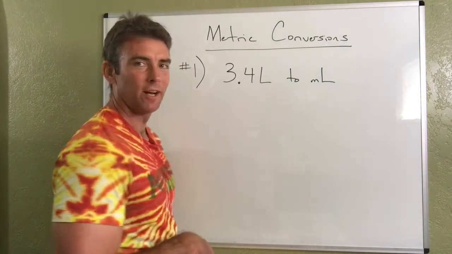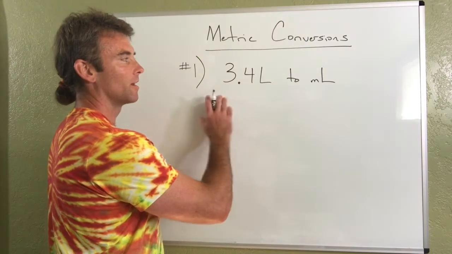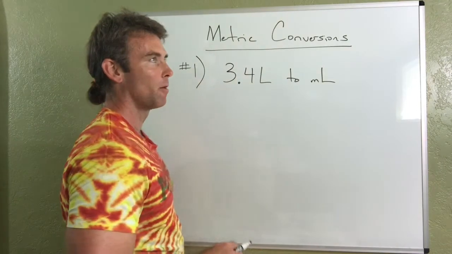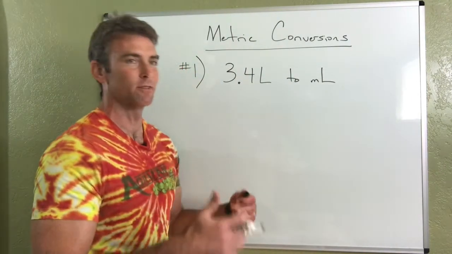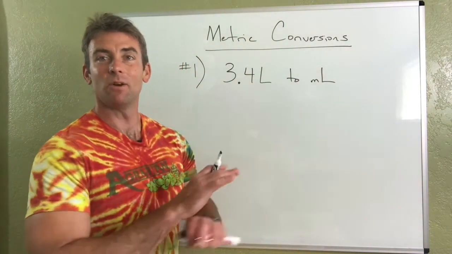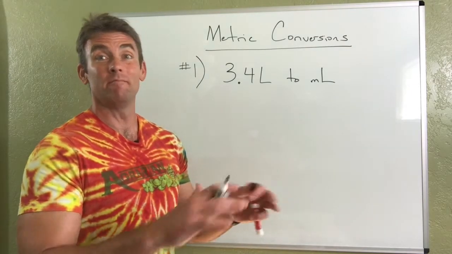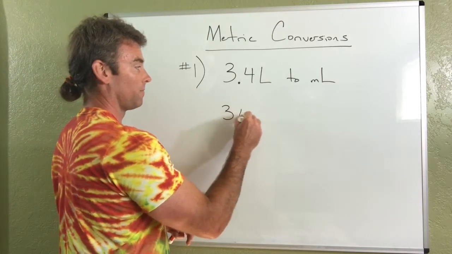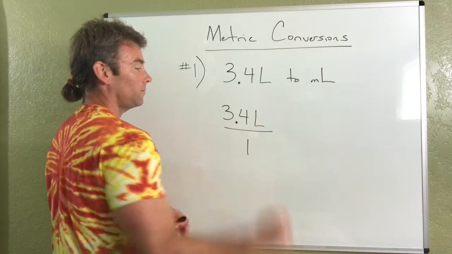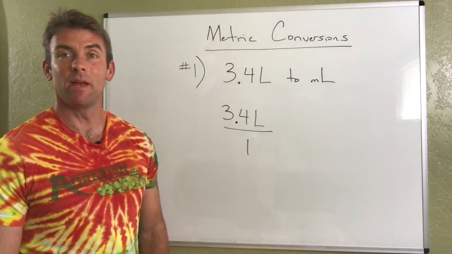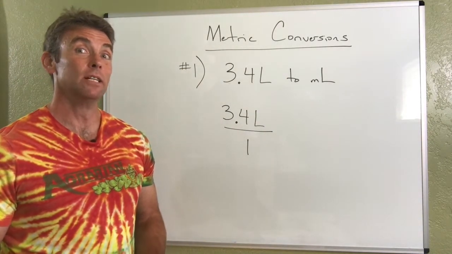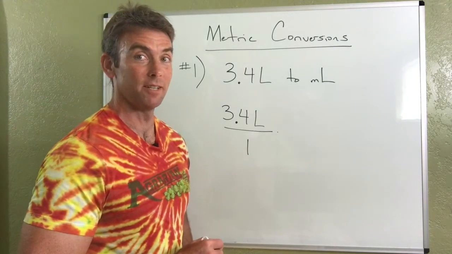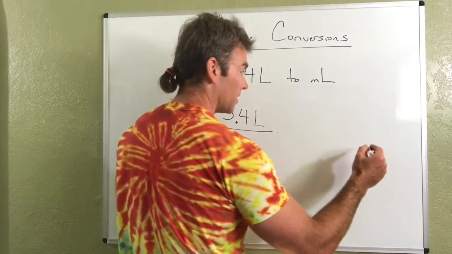Well, first thing that we're going to do is take wherever we're starting and put it over 1. The good news is there's not a miles per hour or liters per minute or anything like that, so we can just put this straight over 1, and it doesn't change anything. It's still just 3.4 at that point. All right, 3.4 liters over 1. The very next thing to do is really important. We're going to put a little dot that represents multiplication, and we're going to leave a bunch of space,